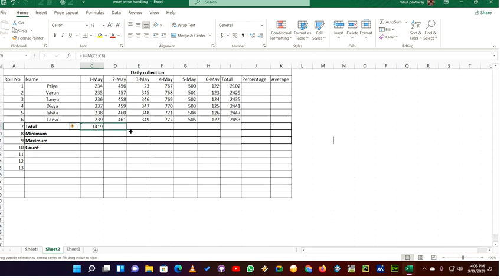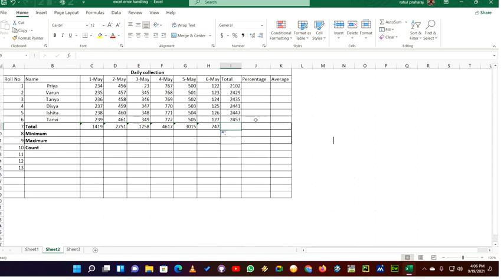Now here we are going to select it column wise, and we are going to drag it towards the right so that we get the sum of all the columns, right? In order to get this particular row, we have to select it horizontally. When you drag it horizontally, you will get the total of that particular column, and till 6th May we can get the total like this, right?